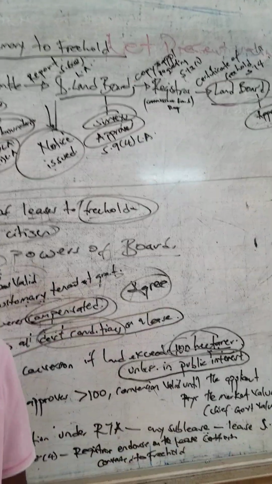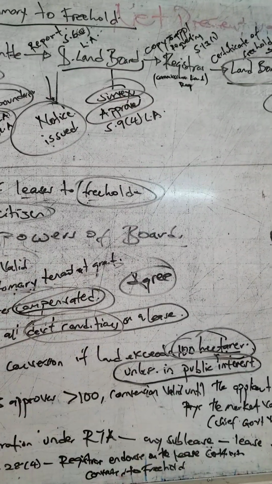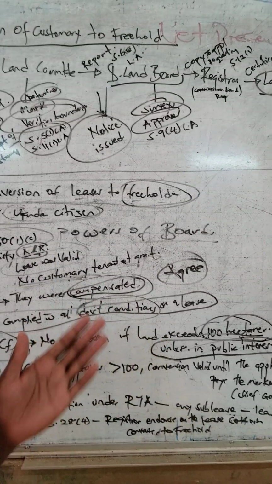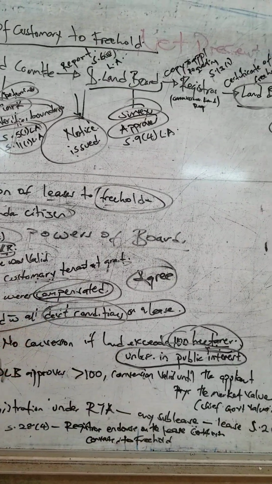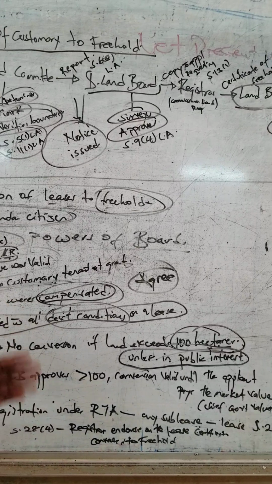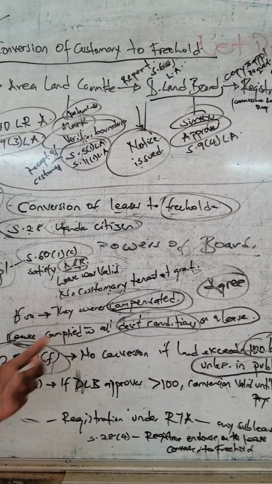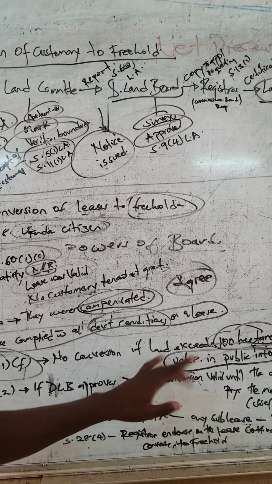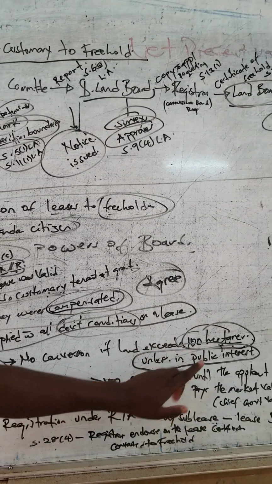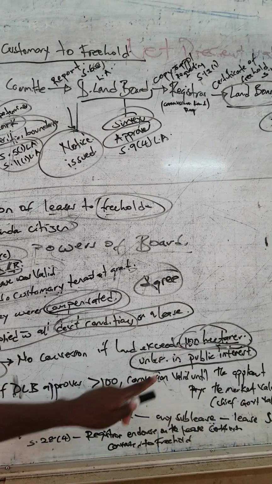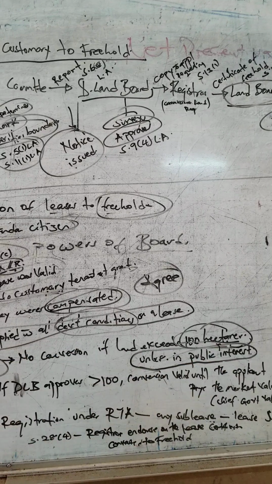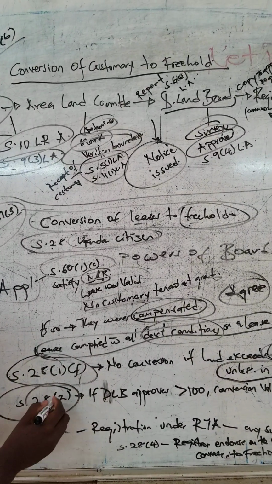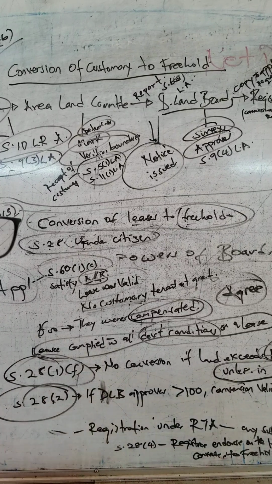When you are forming roads, among others. For public interest, for example, anything that government does on land is more so public interest. So here they say that there should be no conversion if the land exceeds 100 hectares, unless it is in the public interest. But when you follow section 28, subsection 2, it says that if at all the district land board